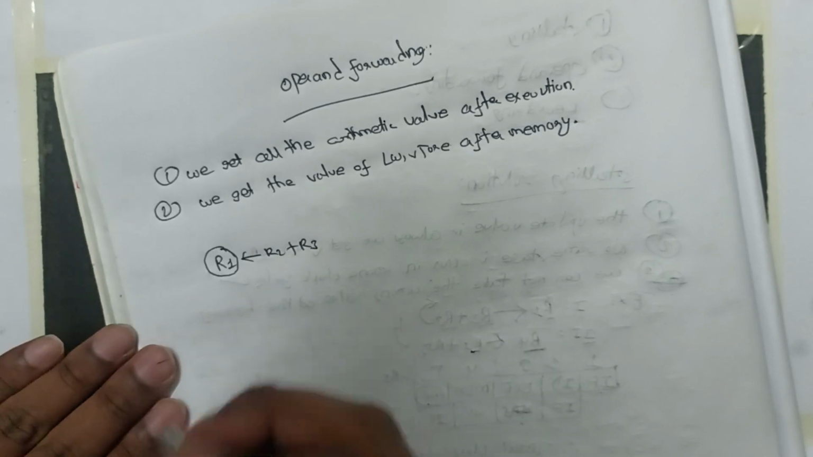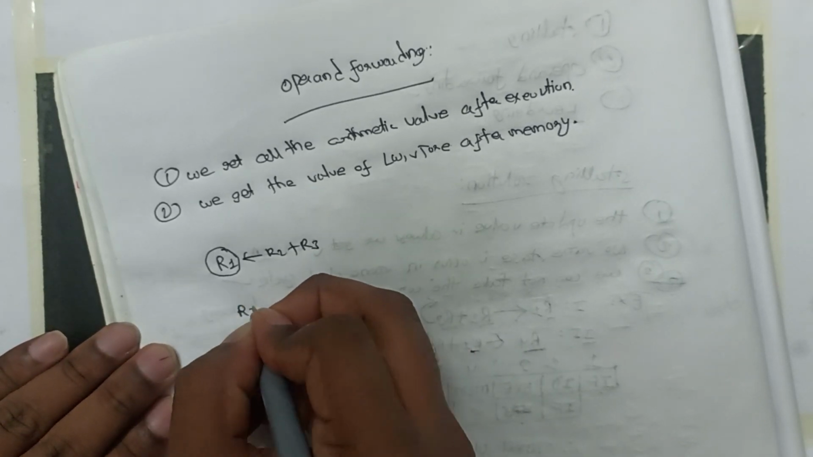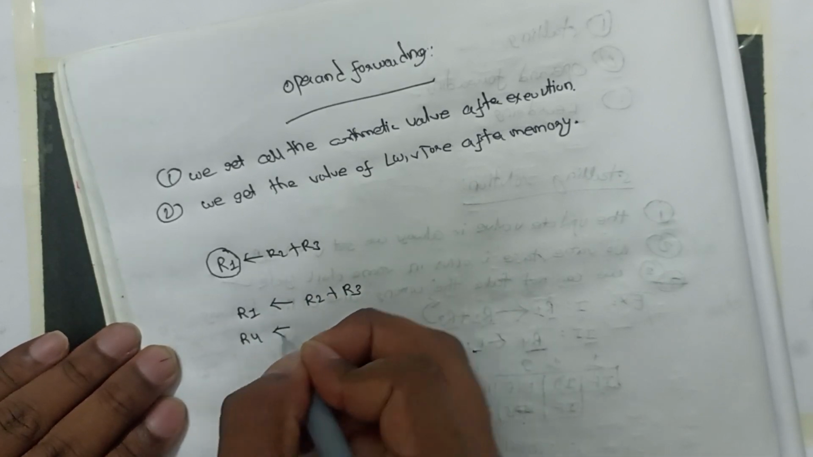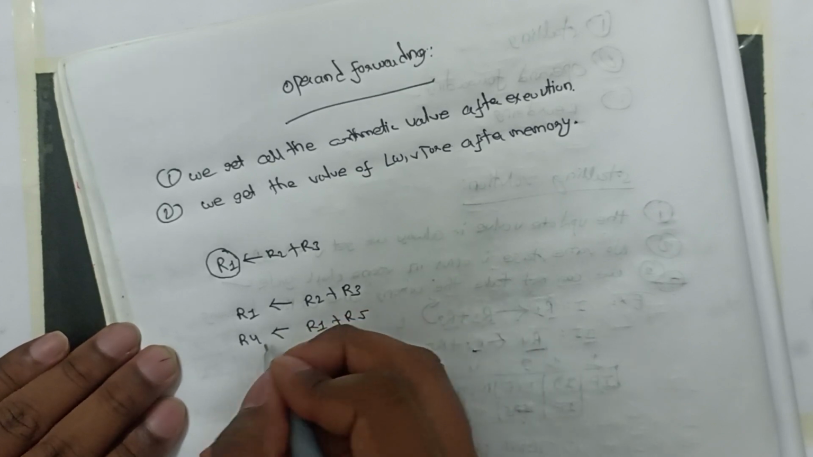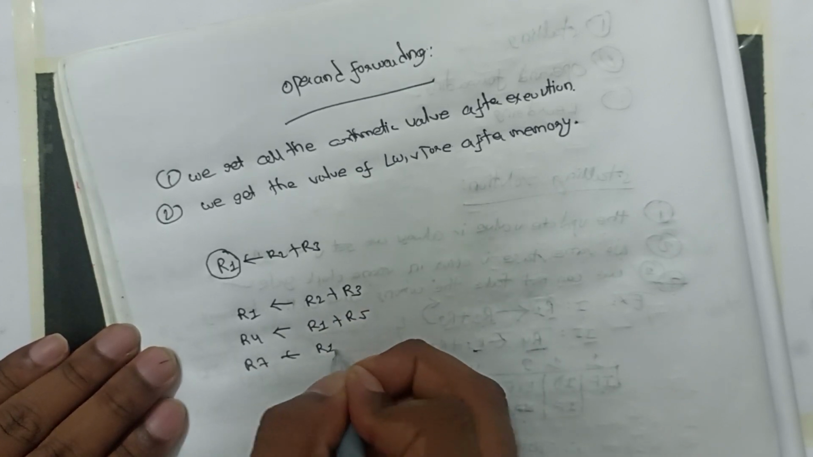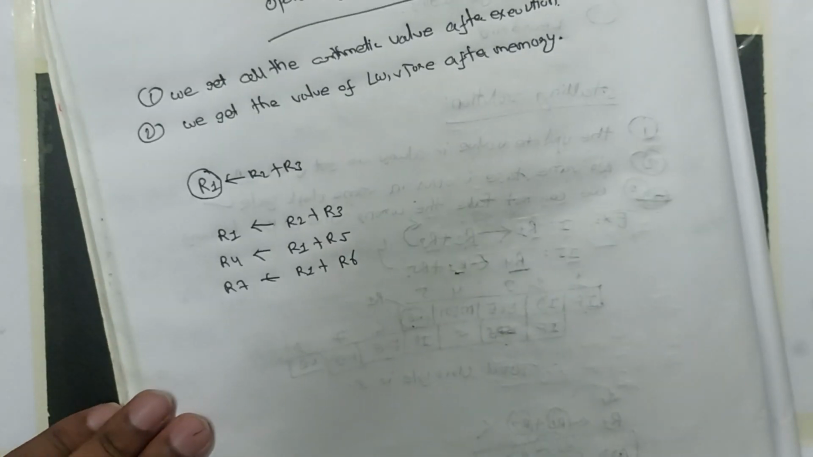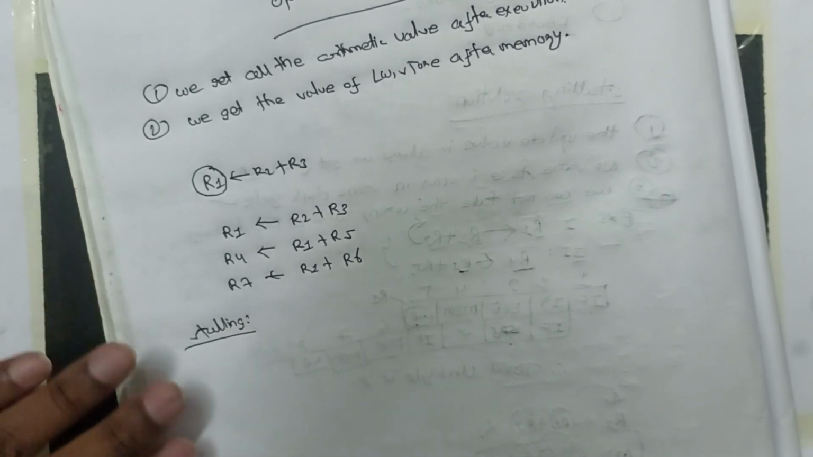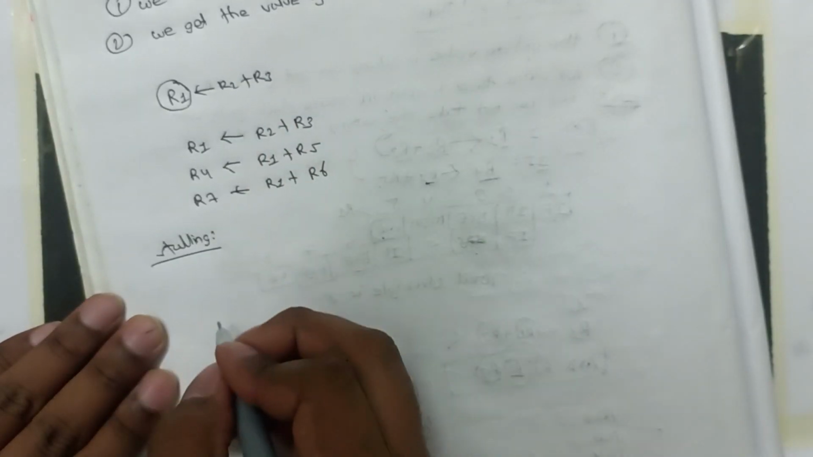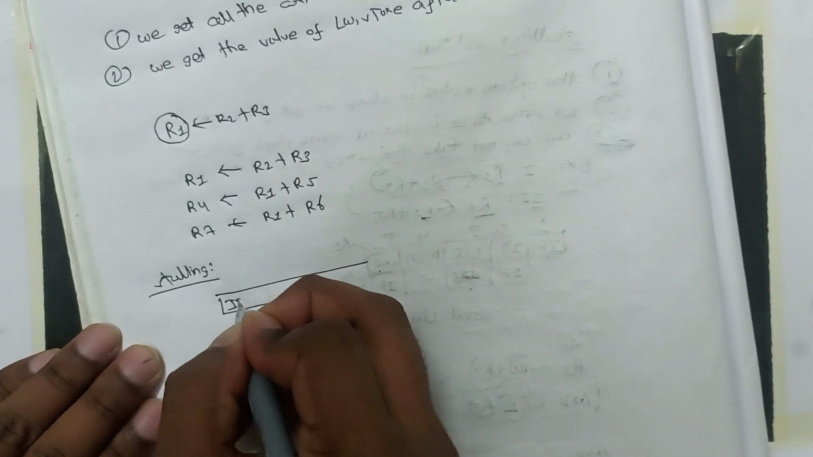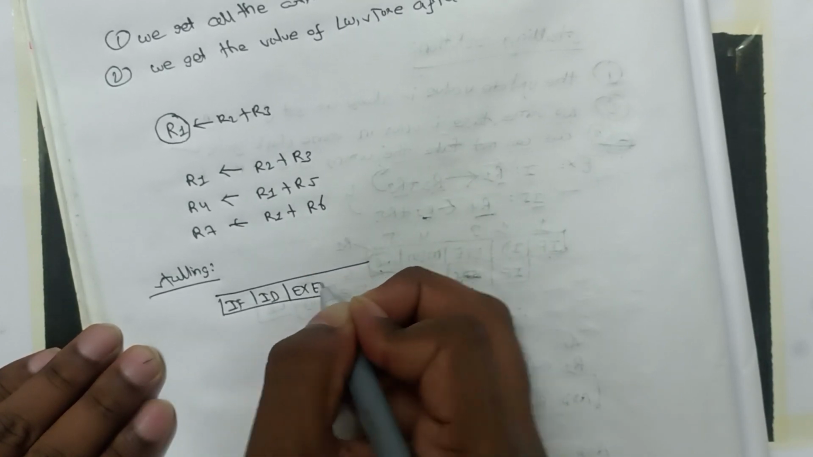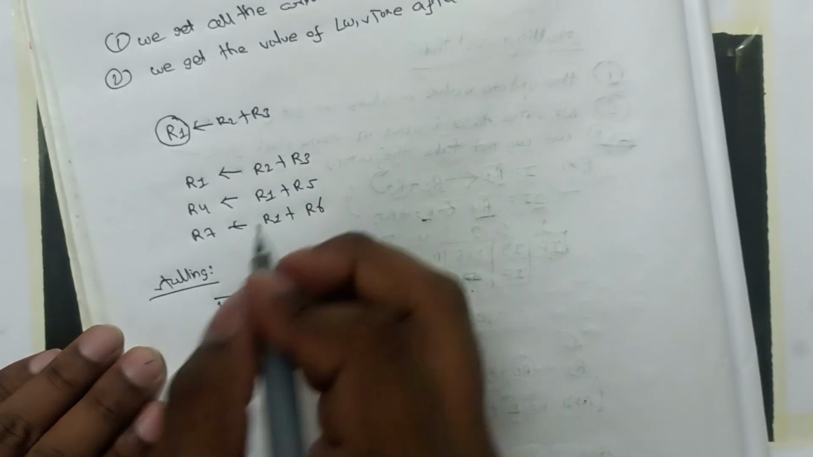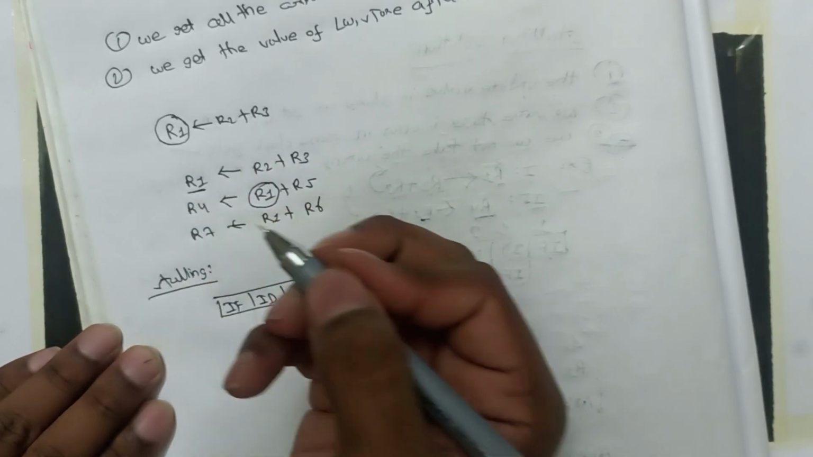Let's solve one question using operand forwarding, that is R1 = R2 + R3, R4 = R1 + R5, R7 = R1 + R6. First solve this question using stalling. Then we compare stalling and operand forwarding. Simply there is no instruction before that, so we have to do IF, ID, execution, memory, and the write back. Now for the second, this R1 is dependent on this R1, and we know in stalling we get